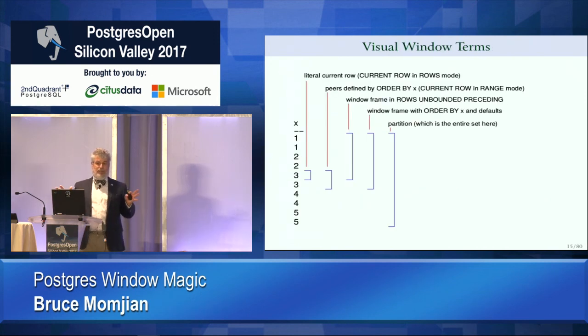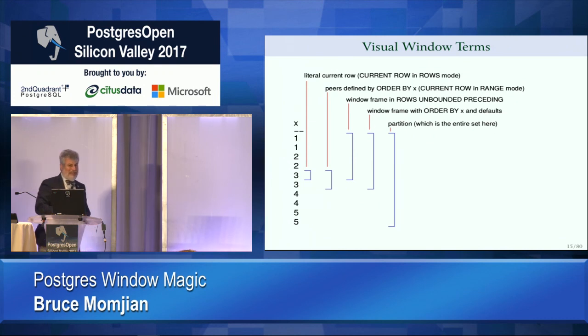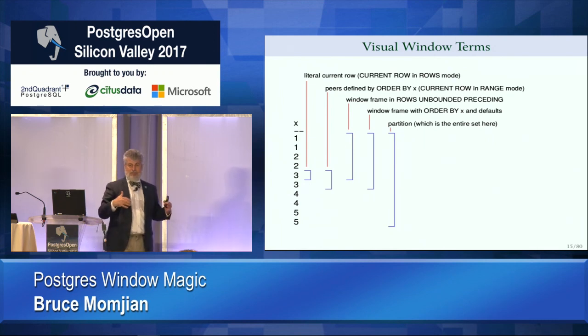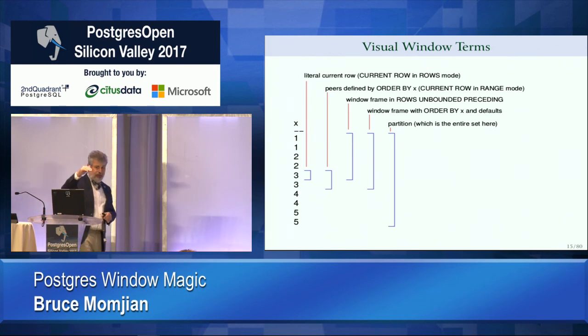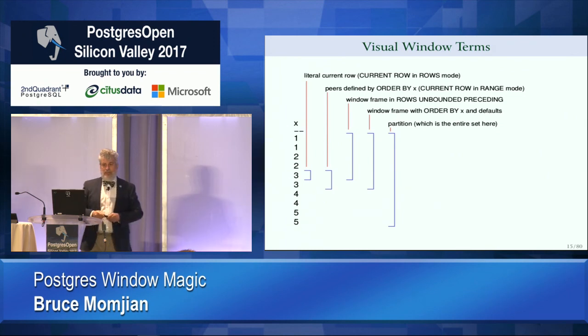This is a little graphic that shows you kind of what's going on. What I have here on the left is a data set from 1 to 5. And in this case, I've got duplicates. So duplicates you're going to hear a lot about. I have 2 1s, I have 2 2s, I have 2 3s, so forth. If I go left to right, the first clause up here at the top is literally the current row. Because remember, we're always talking about the current row, and it's able to compute some number that goes on the current row even though the current row remains distinct. That's the whole concept of window functions.